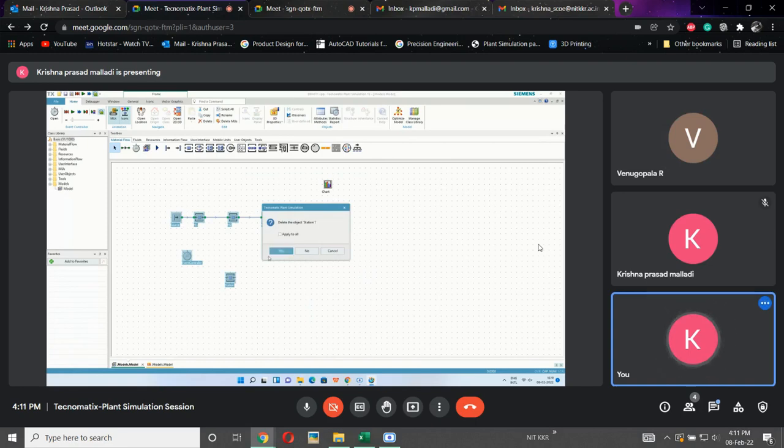Then, delete, delete, delete. Now for that application I need to use this class library. This class library and the toolbox are almost the same.